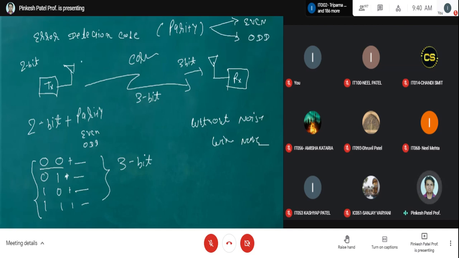Because anything can happen in the wire, in the transmission media. This is your transmission media, which will corrupt your data. But in response to the behavior of this transmission media, at the receiver side, a certain mechanism has to be provided that will detect the error in the transmitted message. And if the error is found, the receiver is going to request the transmitter to resend the same message.